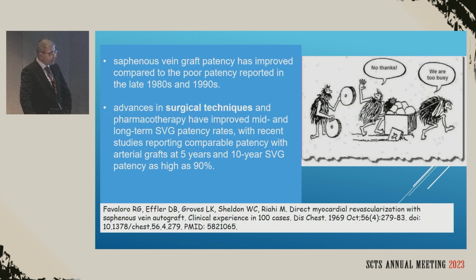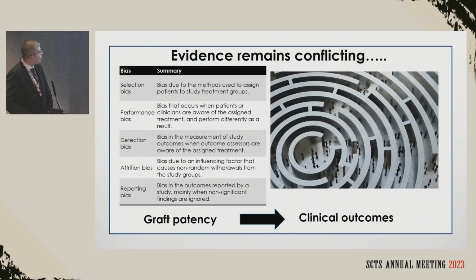However, we have to admit that saphenous vein graft patencies have improved quite a lot since the 1990s. And certainly there has been a tremendous advance in surgical techniques. I was talking with Professor Angelini the other day, and he was saying that during his training they never used loops and techniques were more primitive. So certainly techniques have improved quite a lot, and some studies now quote rates as high as 80 to 90%. The evidence from my point of view remains conflicting, and it's sometimes very difficult to make sense of this,